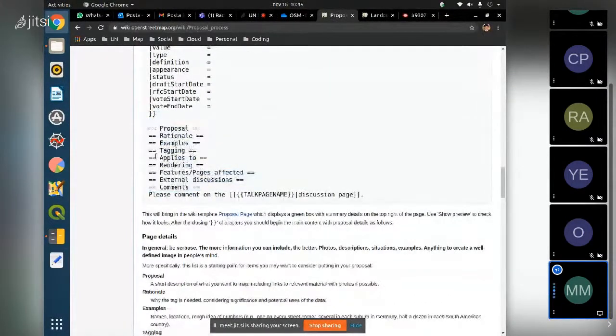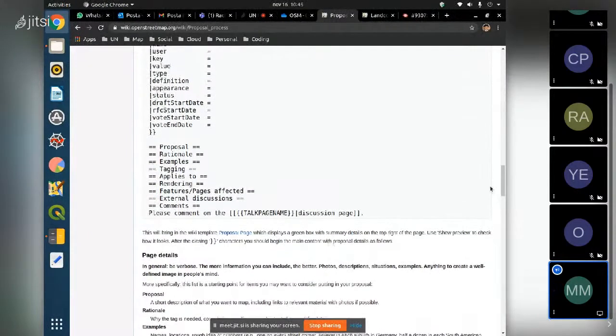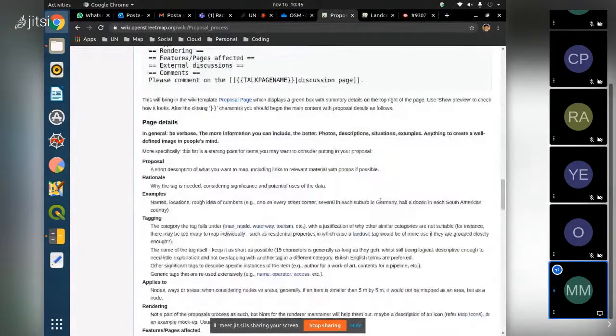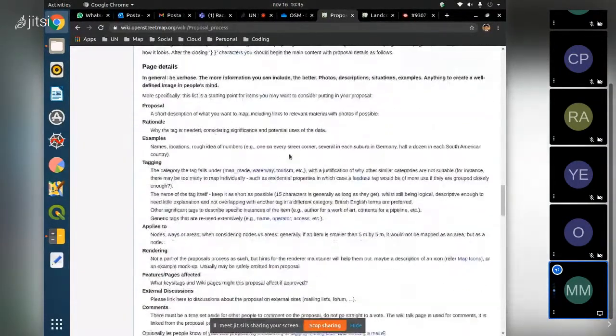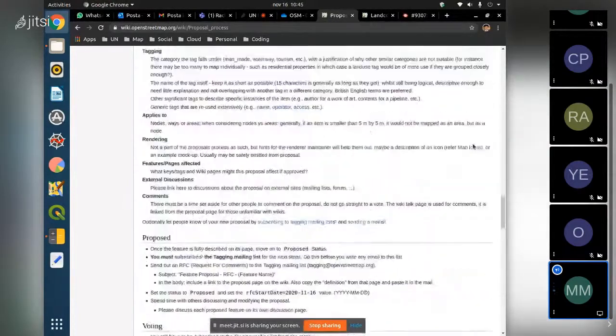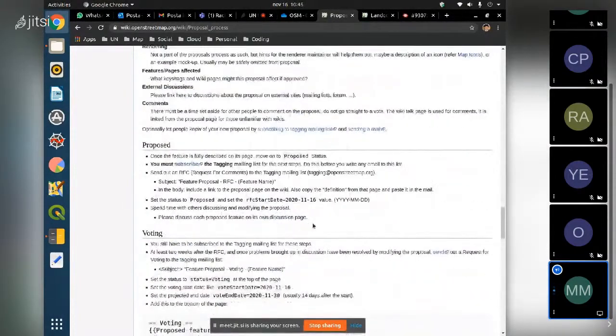Okay, so then you can fill all these pages like proposal, rationale, examples, taggings, applies to, and you can also put images of your proposal and so on. Once you are ready with this wiki page of the proposal of the tag, you can go to the mailing list. We have one mailing list dedicated only to this, the tagging mailing list. And the mail is